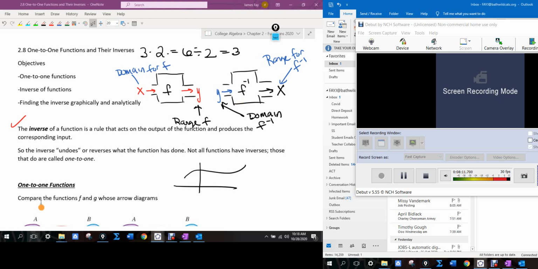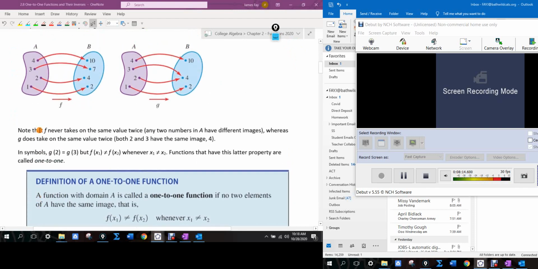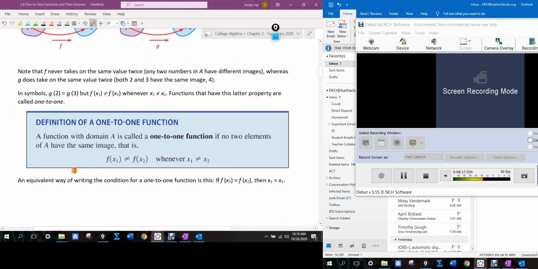So there's a lot of different ways that we structure this or talk about this. And we'll come back and talk about these mappings here in a moment. But the definition of a function to be 1-to-1, okay, it says a function with domain A is called a 1-to-1 function if no two elements of A have the same image. Now, what does that mean? Well, when I say it has a domain A, domain are your inputs, right? So our domain are x values, correct? So when it says no two elements of A, so no two x values,